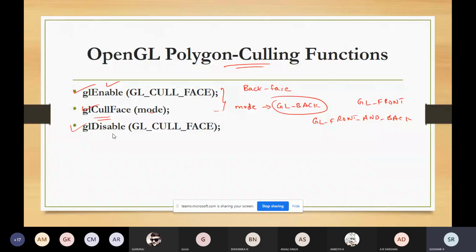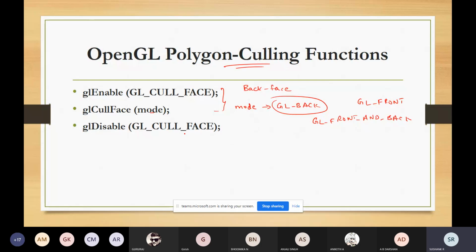By using the glEnable function. The glEnable function can be used to activate the glCullFace function, and it can also be disabled by using glDisable with GL_CULL_FACE. So this is the thing.